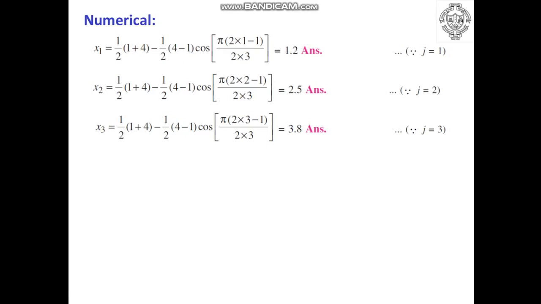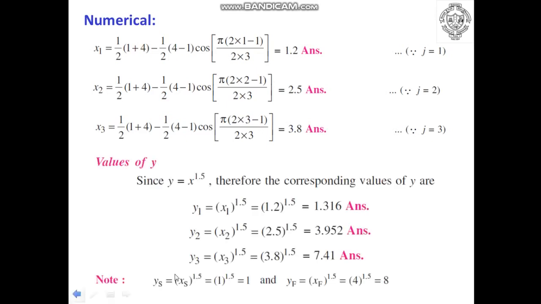It is impossible that if you are getting the value of one of the precision points which is less than 1 or more than 4, obviously it is wrong. We have already studied that the precision points should fall between the bracket of the initial start, which is considered to be the starting point, that is xs, and the finishing point as xf. So now similarly we can find out the value of y.